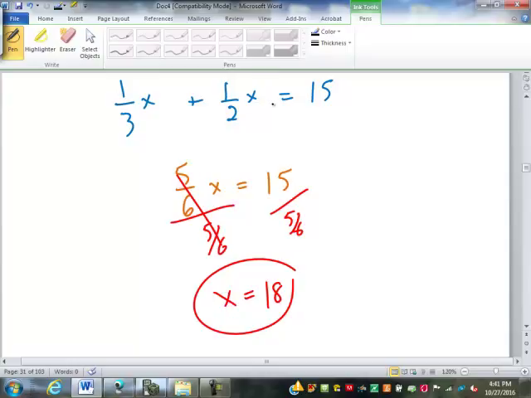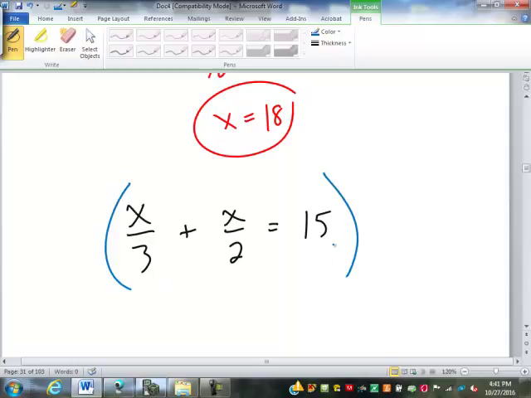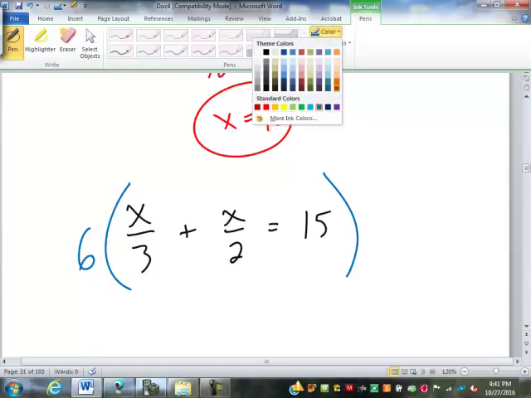But there's a different way we can approach that problem. And that is to multiply the whole problem by the least common denominator. Right now we have denominators of 3 and 2. What would the least common denominator be? 6. If I multiply that whole equation by 6,